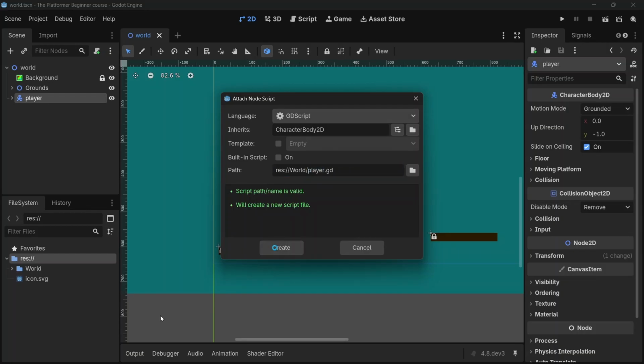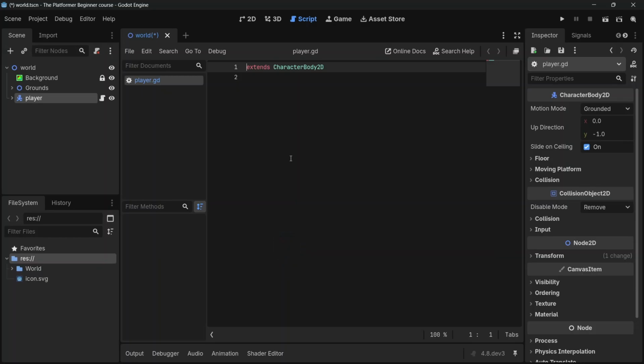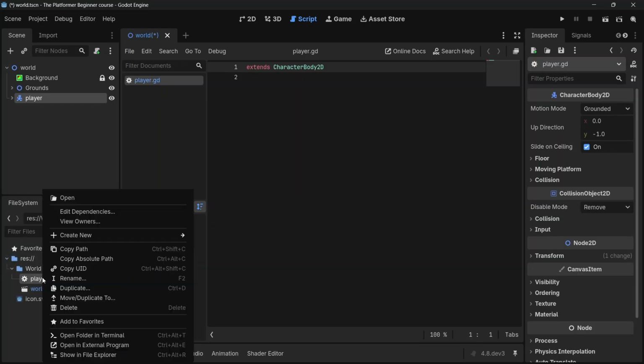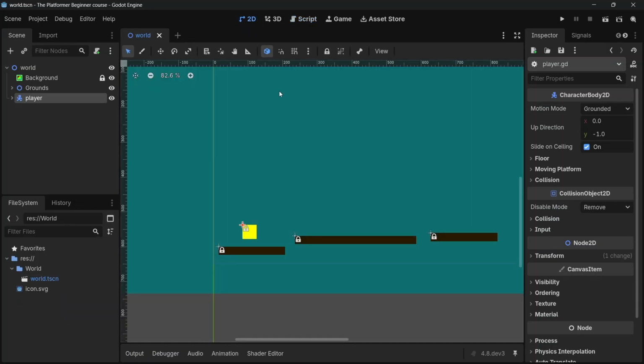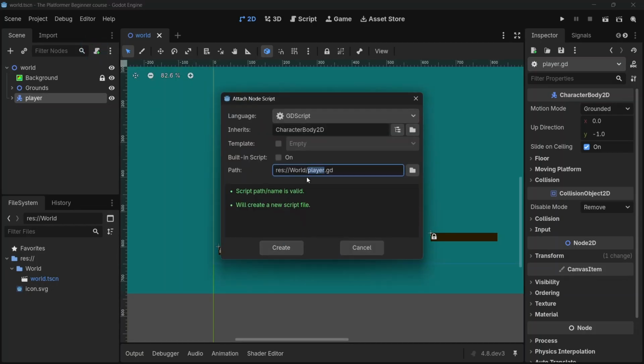So what I can do is remove, we can detach the scripts, come to the file system section here, and get rid of this as well to send us back to 2D here. So something that you should mind before you click create is they're asking you for a language. I'm using GDScript, which is way similar to Python, which I mastered the most. We got the inherits, which is the type of node you're using. In this case, it's a CharacterBody2D. And we got a template. Here it's saying empty,